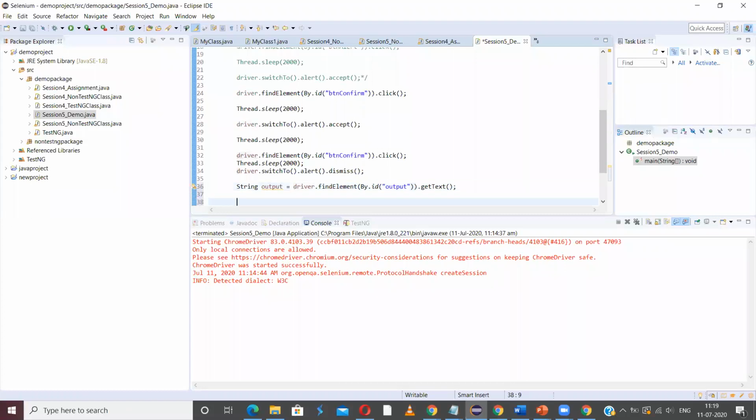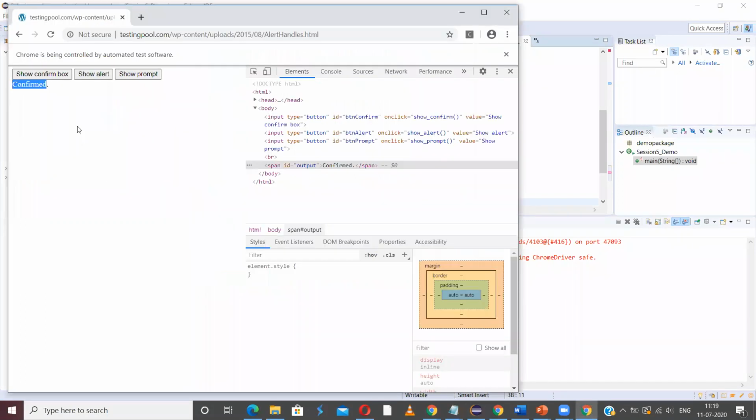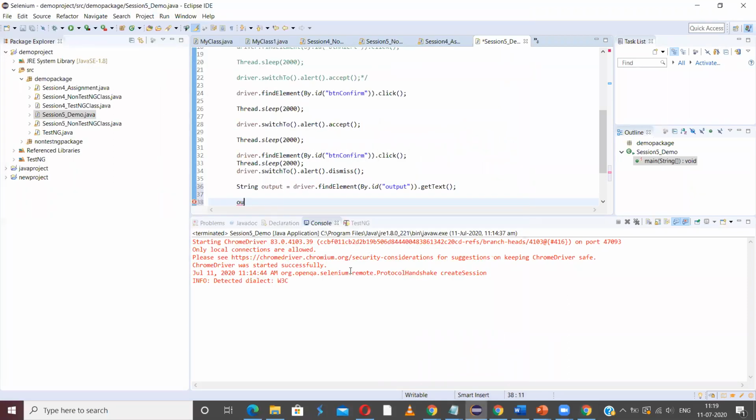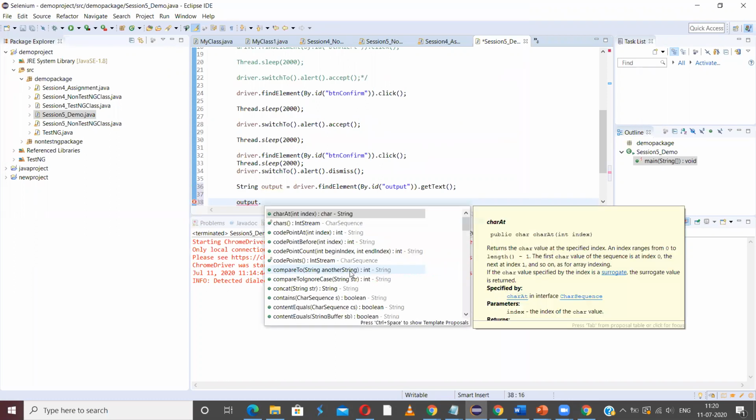So if this output is confirmed, then we have to take positive flow. If this output is rejected, we have to take alternative flow. So this confirmed text is coming when we click on OK, and rejected text is coming when we click on cancel. So what should I compare? I should compare whether this output returns confirmed or not.